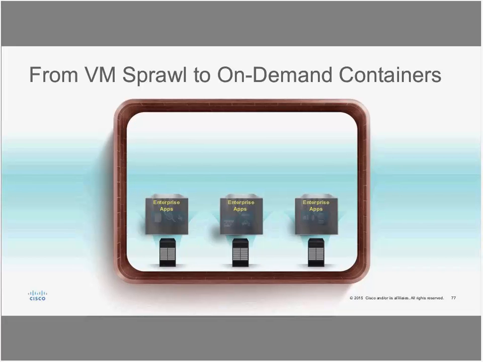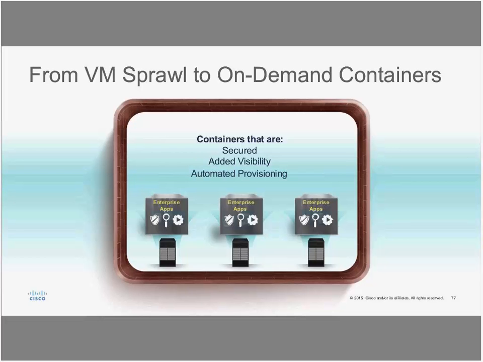And that's what vWAAS is giving you. It's giving you the security, it's giving you the visibility, because it's all in the same logical container, and it is giving you automated provisioning, so that if you run out of capacity on that logical container and want to add more hosts, you can just go to that container and say add host and add further resources. If you need more VMs with the same provisioning and the same security, go to that container and say deploy more VMs. And they all will be part of the same tenant, same policies.